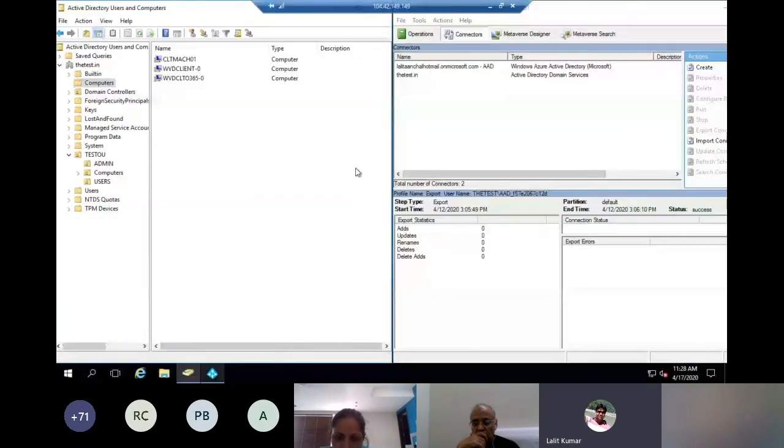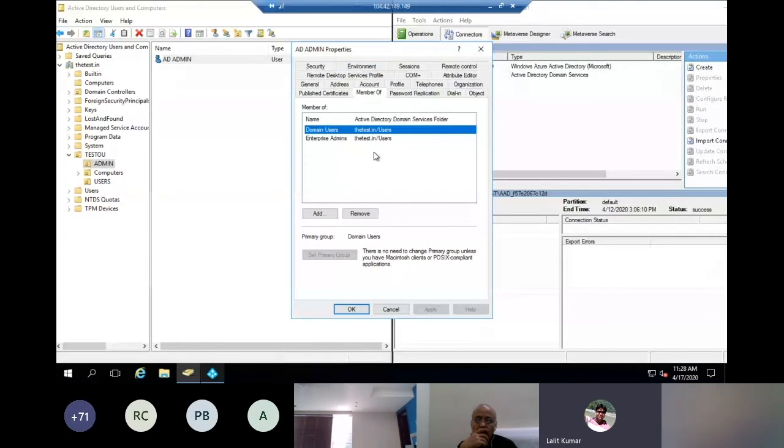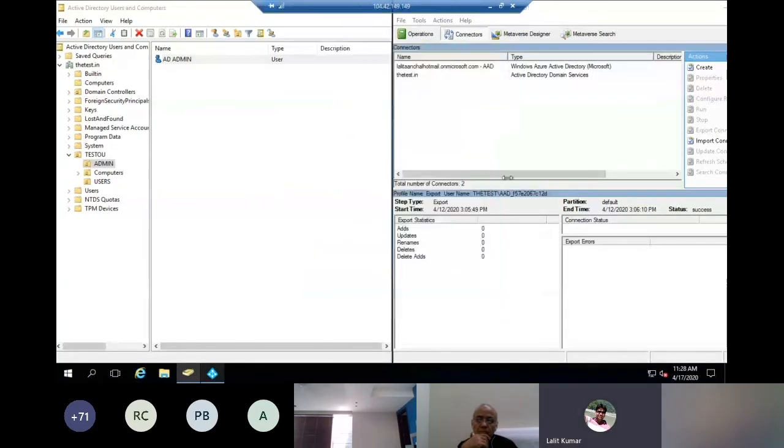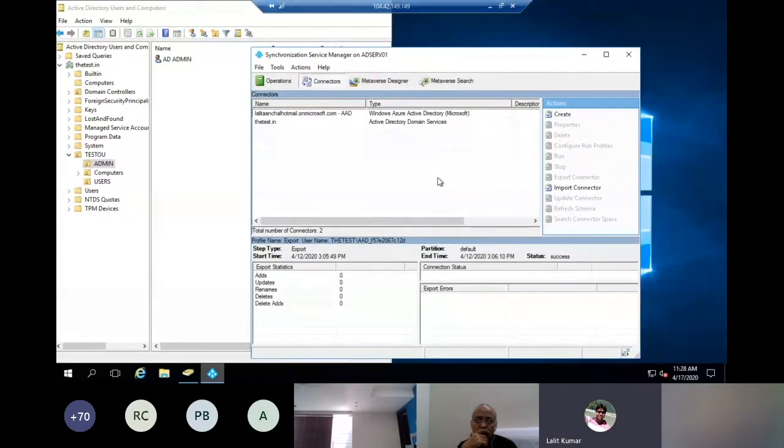So now I'm moving to my Active Directory part. Here you can see some of the test users that I have created, test 1, 2, 3, 4, and so on. And last but not least, I have one admin account also, which I have used to configure my Azure AD Connect application. This account must have the enterprise admin permission. The Azure AD Connect application is actually to sync users from my Active Directory to the Azure portal.